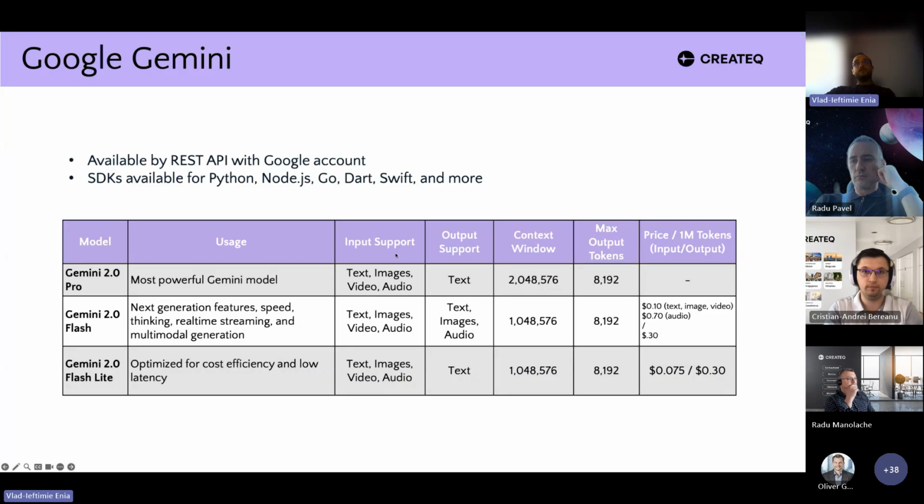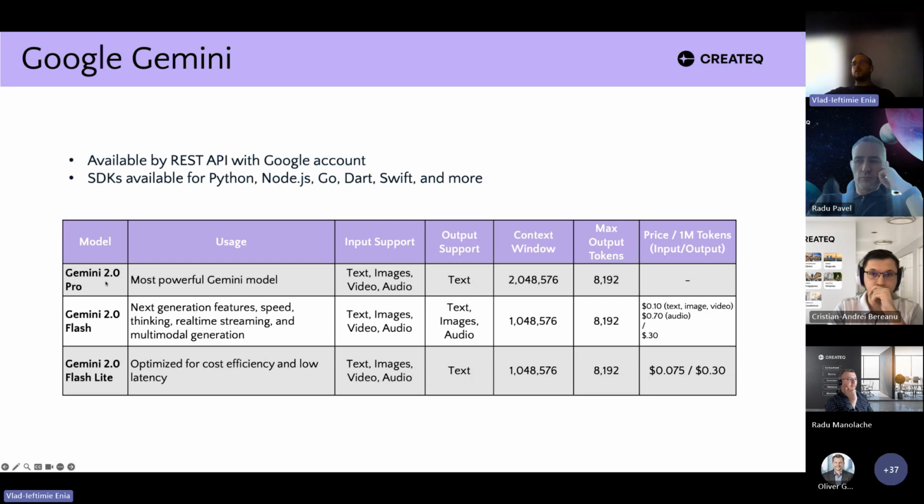And Google Gemini, which is also not really that popular, but it should be, because compared to GPT models, all of the Google Gemini models, including the smaller one, Flashlight, the mini model, the cost-efficient model, accept also video and audio as input, compared to GPT, which only takes text and images. It has a larger context window of 1 million tokens, and the prices are somewhat smaller than GPT.